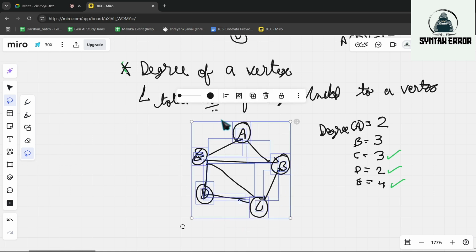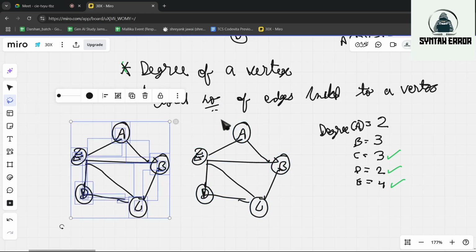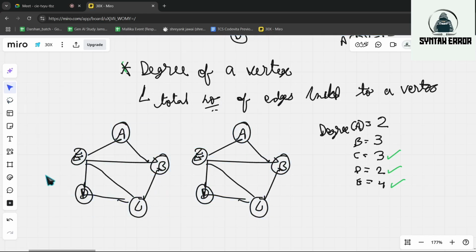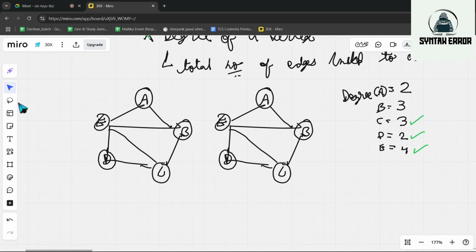So if we are having a graph having directions, let's say A is pointing here, this is pointing here, and so on. We have given direction to each edge, right?